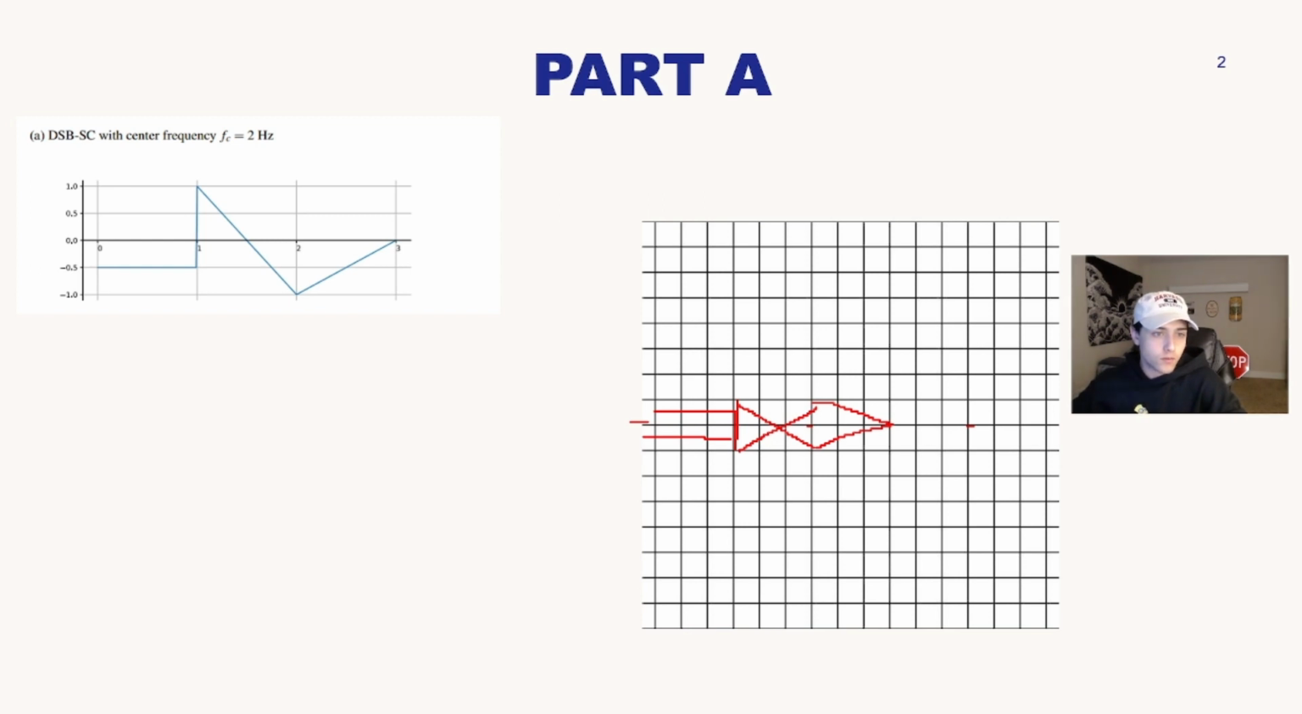So from 0 to 1, let's go like this. That's 2 hertz. And here from 1 to 2, we're going to have 2 hertz again, so we're going to go like this. That's 2 hertz. And then from 2 to 3, we'll have 2 hertz again, so we'll go like this. It's kind of hard to see, but all of those are 2 hertz in between, and that's the basics of DSB-SC. So let me switch back to,